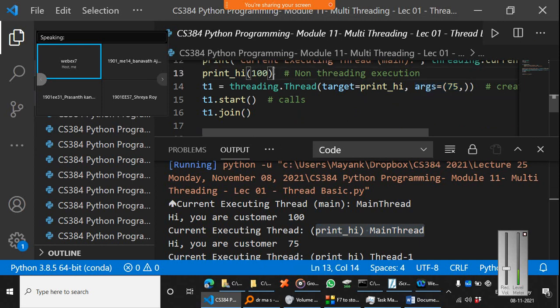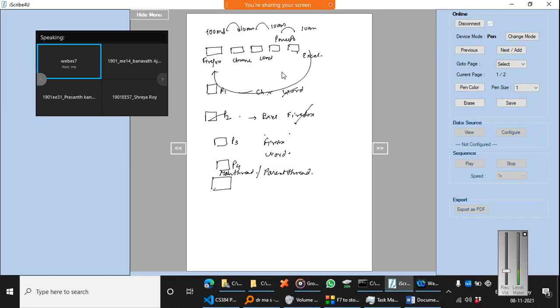Now just check the difference between this and this. In case of a thread, you have to specify the name of the function in target. In this case, print high was directly called with the parameter 100. So the program execution will pause here.